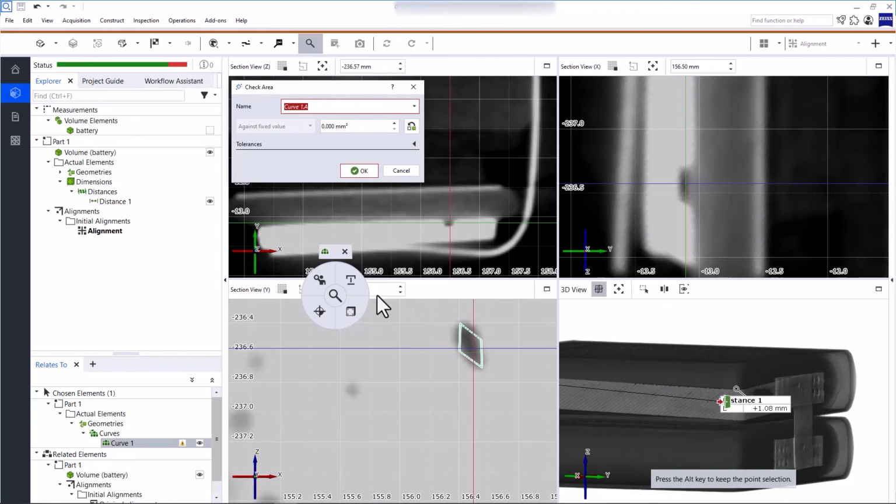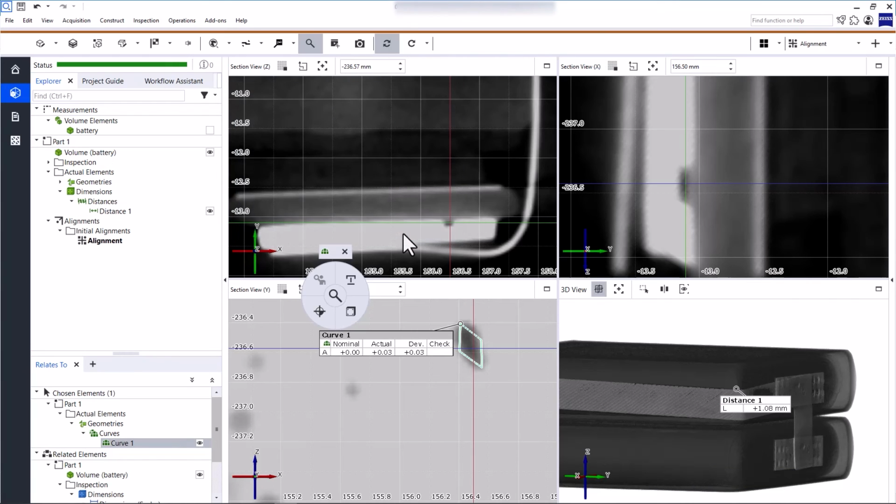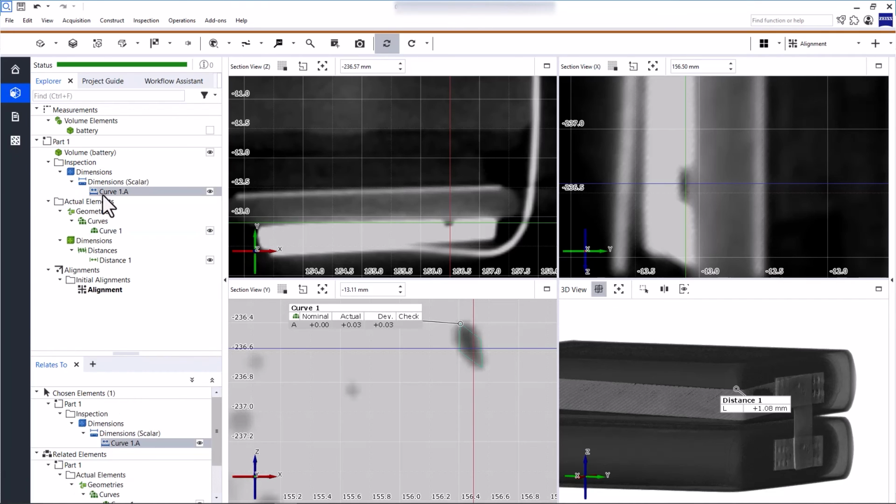I simply want to measure the area of the volume defect, so I don't need any tolerances. Click OK to create the check, and here's the result. You can find the curve and the check under your part. The curve is under Actual Elements, Geometries, Curves. The check is stored under Inspection, Dimensions, Dimensions, Scalar.